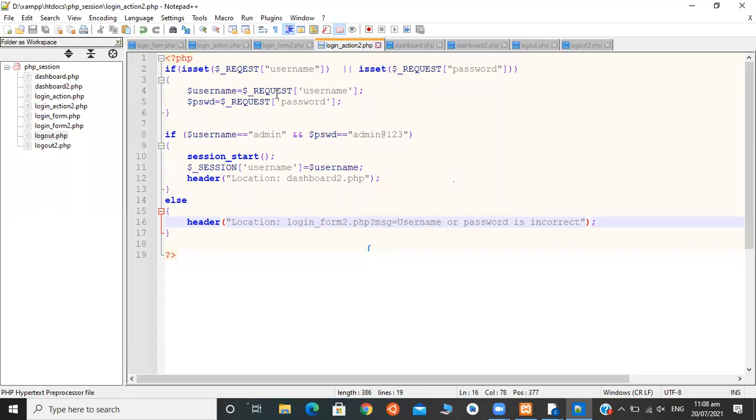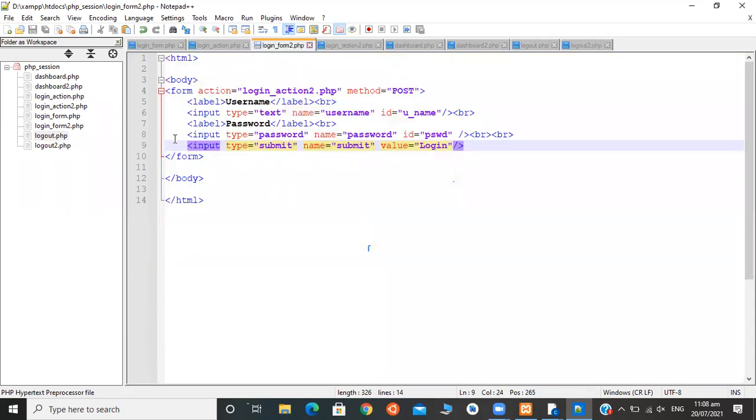Type a wrong password or type nothing in the password and username fields.